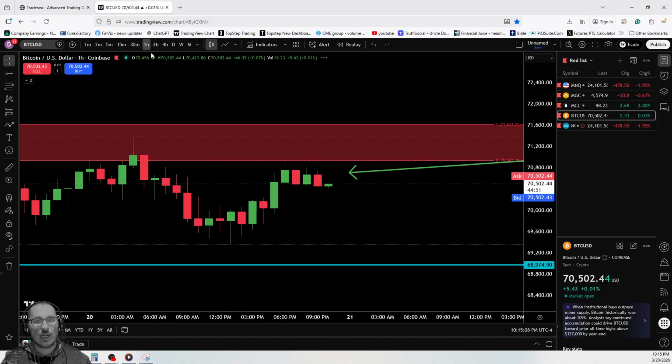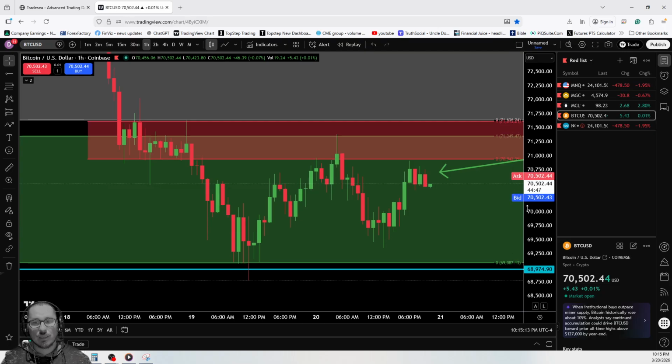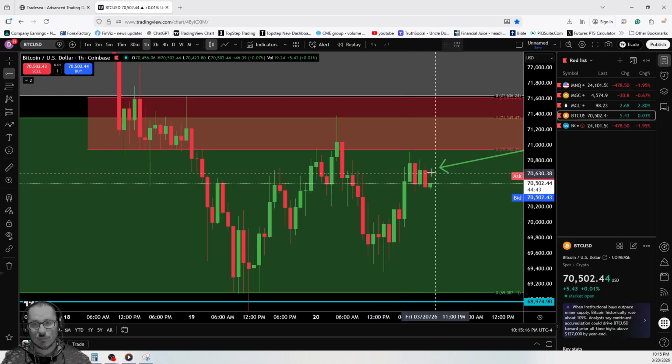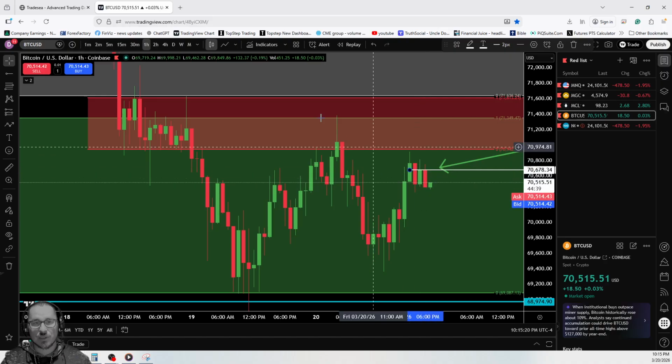All right, and let's look at the 1 hour. On the 1 hour, you can see a 4 bar reversal, right? We're coming back to do what? A retest of that top. This right here, a retest of that. Any rejections from this, then you already know we're going down,